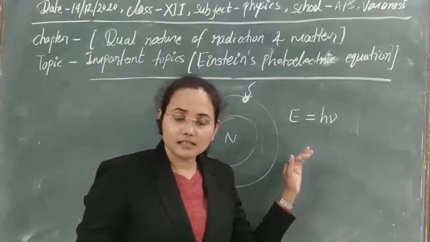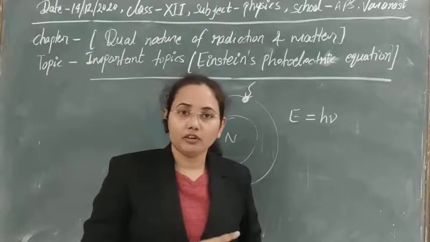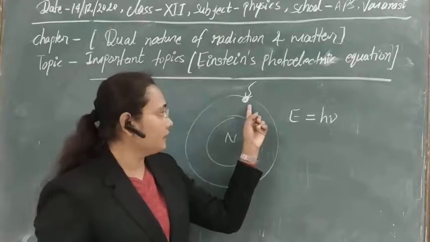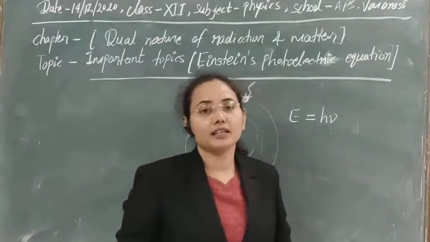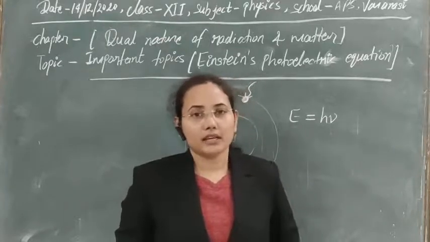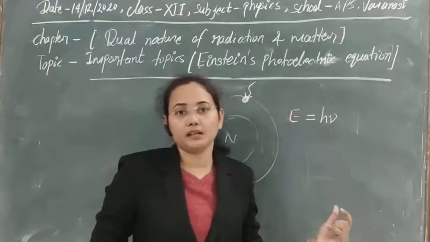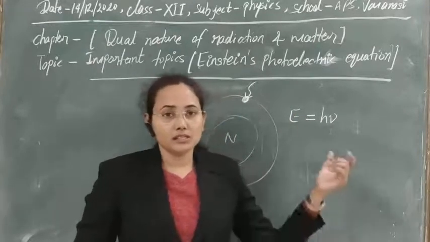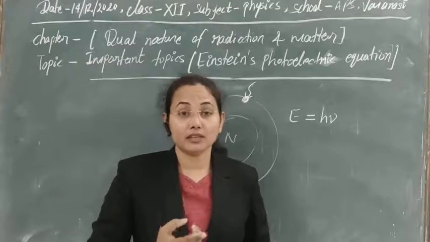Planck's idea is this simple: whenever light is incident on any metallic plate, one photon will transfer the whole of its energy in the collision with the electron. And obviously, if we take this concept, it means that we are taking the concept of elastic collision here. In a perfectly elastic collision, the moving particle transfers the whole of its energy to the particle at rest, and after that the particle at rest comes into motion. So this is the concept of perfectly elastic collision. So here a perfectly elastic collision between photon and electron takes place.